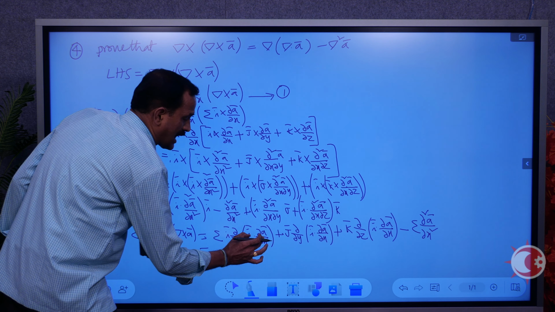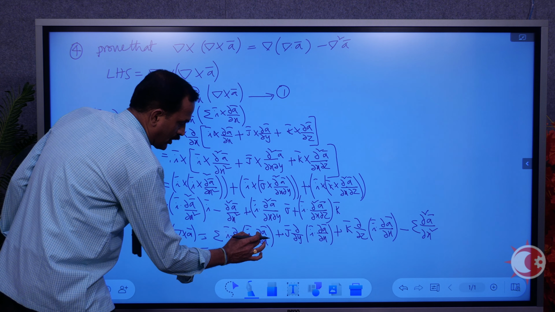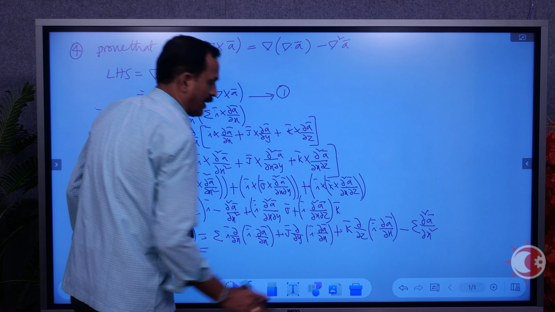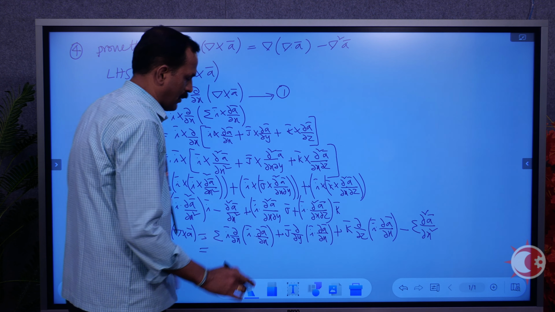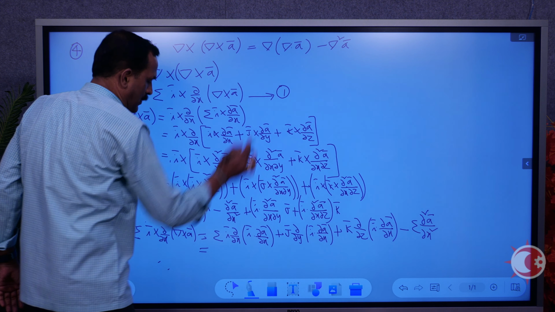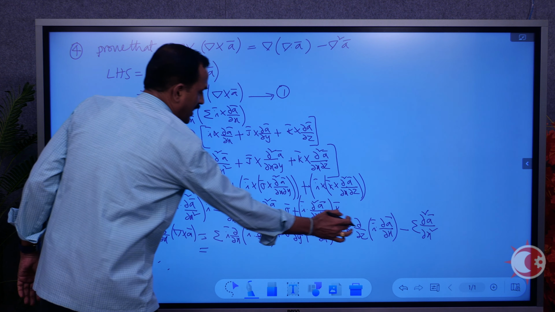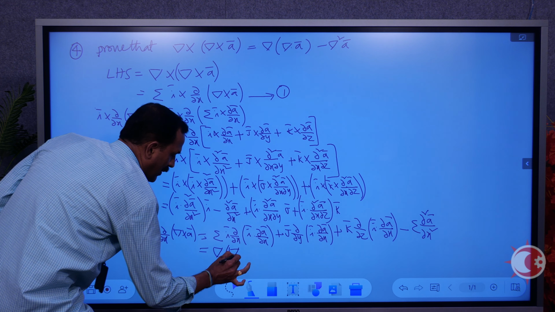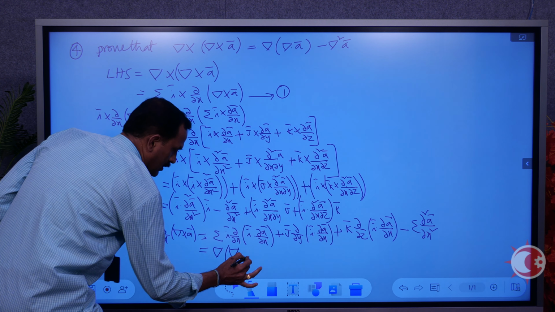That something part is common to everyone, everywhere. So I bar dot dou a bar by dou x, you can write it as, now outside part, I dou by dou x, j dou by dou y, k dou by dou z. That is nothing but del of, that bracket part will be nothing but del dot a bar